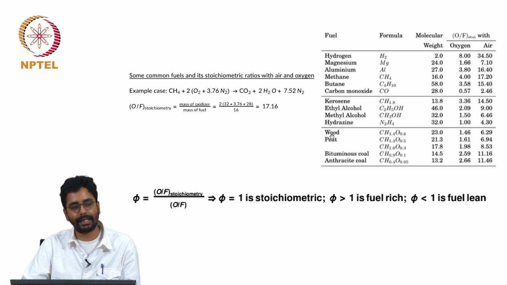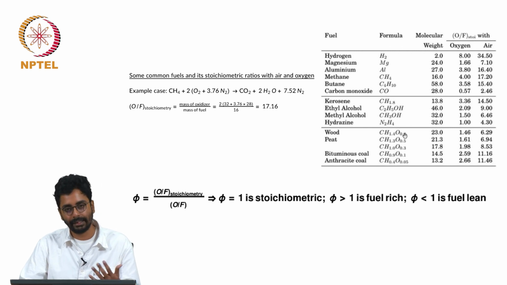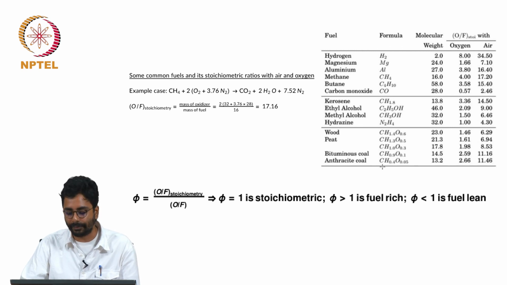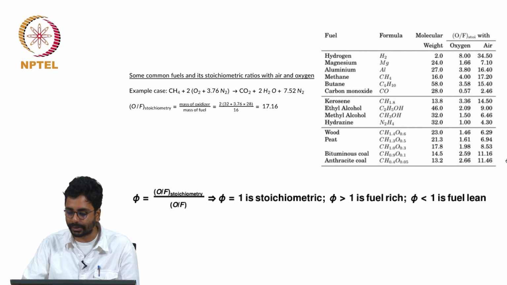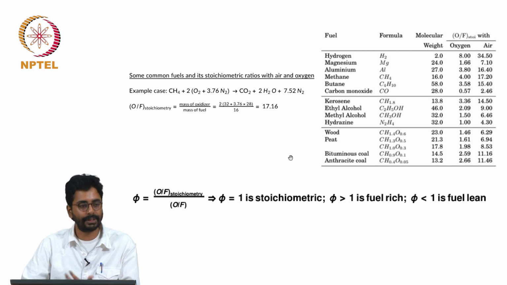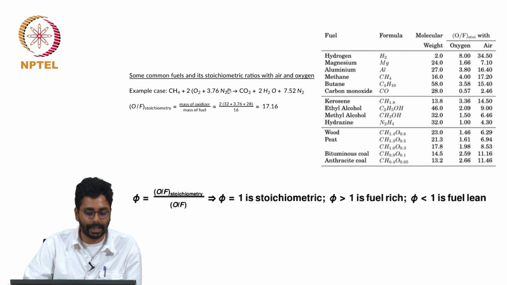So in this hierarchy of things, you start from organic residue, which is CH1.4O0.6. As you go down the list, hydrogen and other volatile components are slowly stripped off, and you are left with almost pure carbon when you get to anthracite coal. The air to fuel ratio for that is about 12, which is again C plus O2 going to CO2, the ratio with air. So it is O2 plus 3.76 nitrogen. So air, what is written here is 4.76 moles of air, which is 1 mole of oxygen plus 3.76 moles of nitrogen.